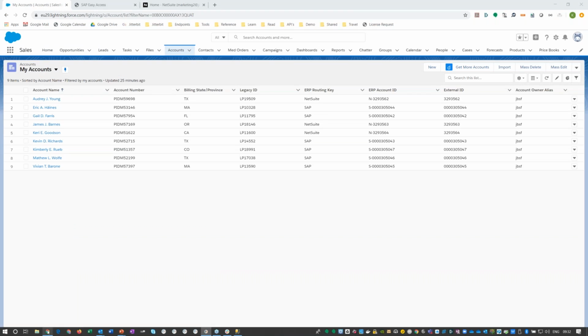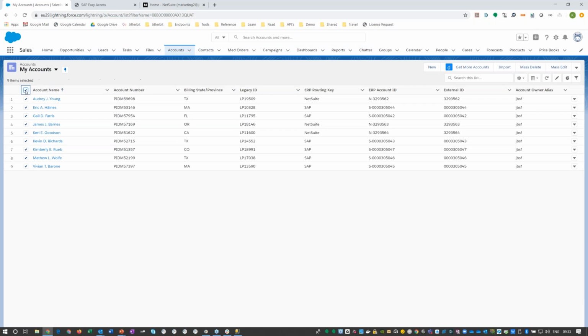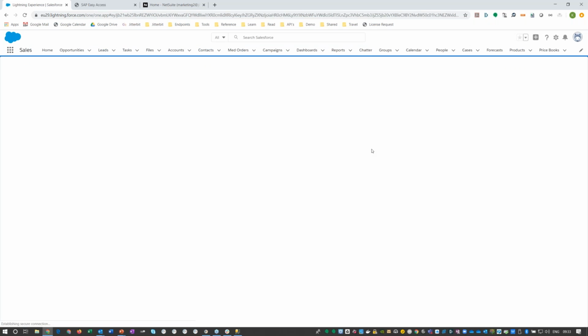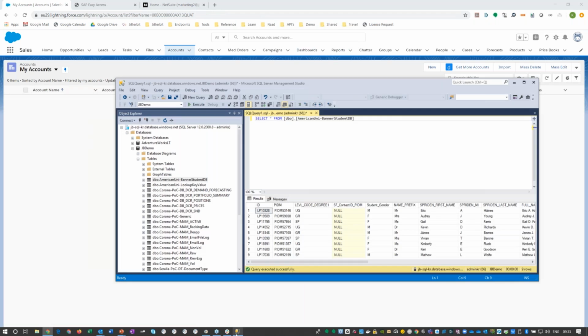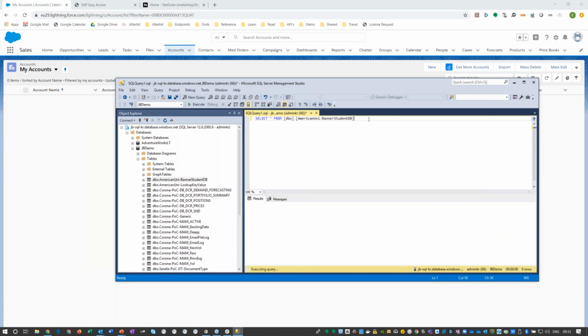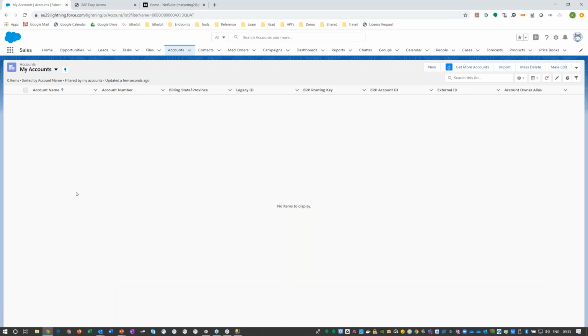So what I'll do now is just jump into Salesforce. This is my developer org in Salesforce, Sales Cloud. I'll hit refresh here on the accounts tab, and you can see I have 9 accounts. So I'm going to mass delete these initially, just so that you know I'm not working with data which was there beforehand. So this is now empty. This is my SQL Server Management Studio linked into Azure SQL. These are my 9 test student records that I'm going to data load into Salesforce here.